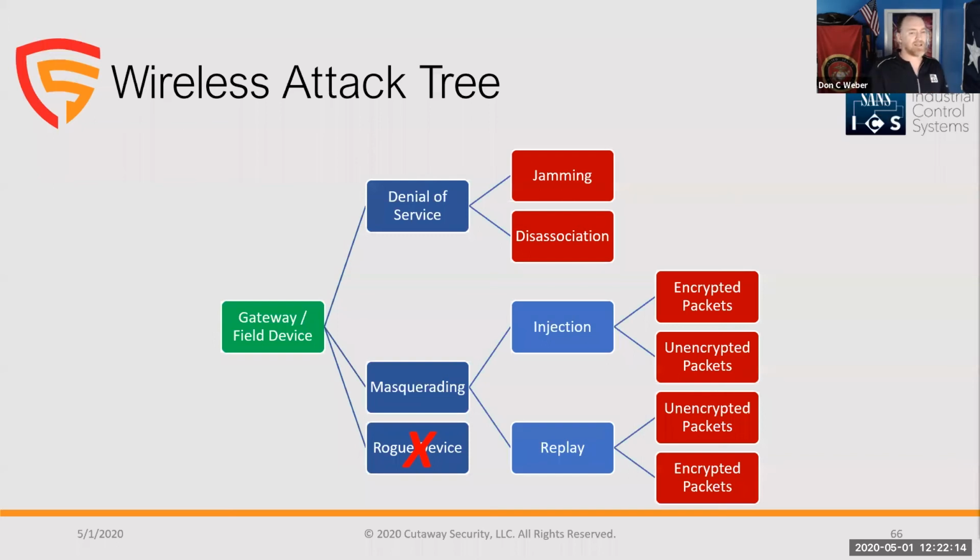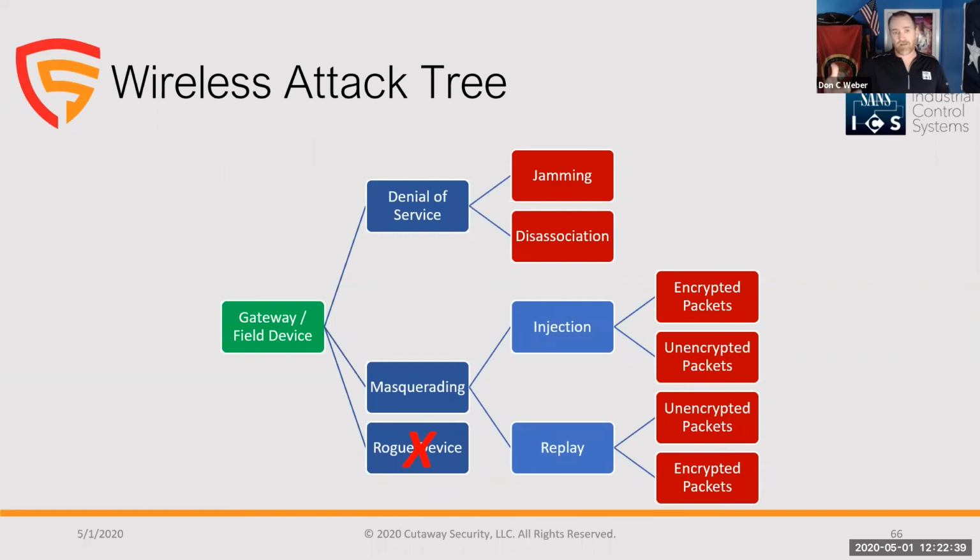As you can see in this, I have rogue device X'd out. And that's because, while I'm more concerned about that in a Wi-Fi arena, I'm not necessarily concerned about that in a wireless arena. So I'm going to focus on, and we're going to be talking about denial of service and masquerading. So when we're thinking about denial of service, we can break those attacks down to jamming, which is just